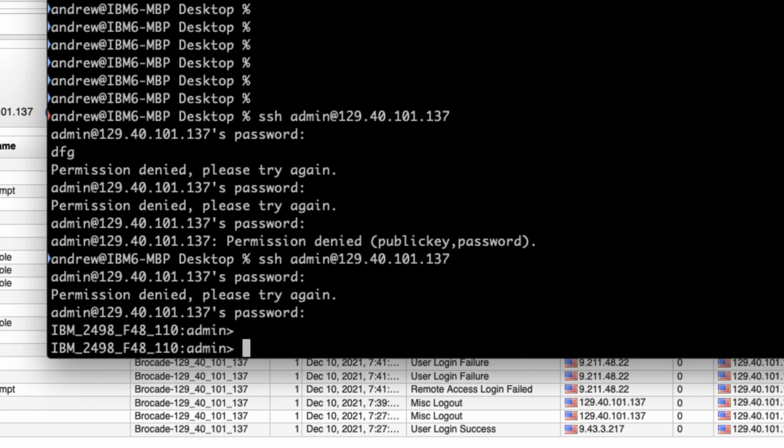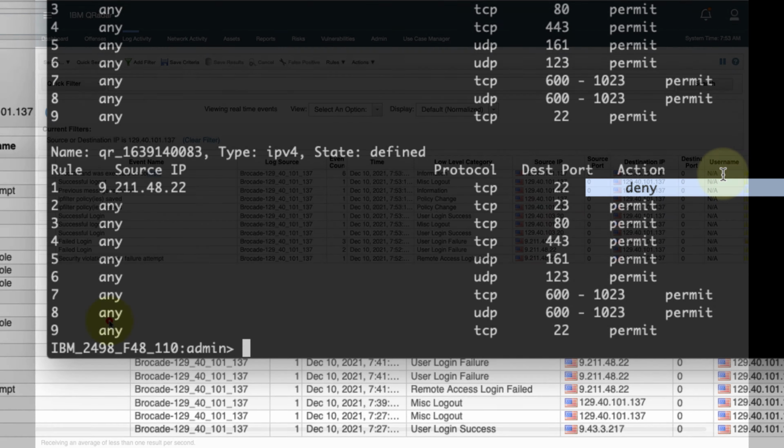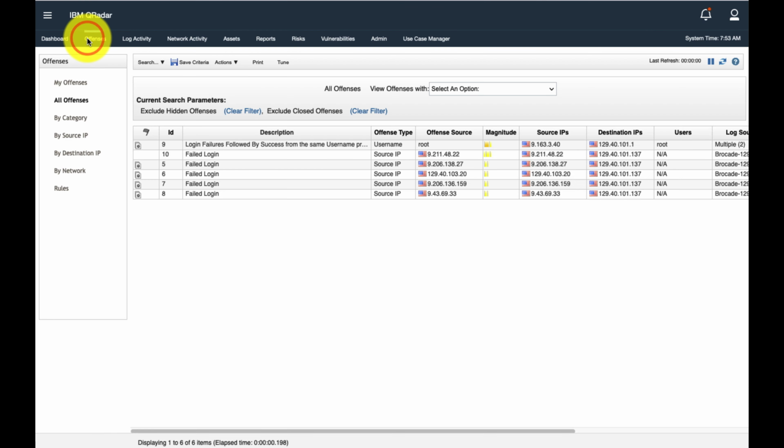Now, let's look a little bit deeper into the switch as part of our demo to show off the policy that we just updated so you can see how surgical it was. I'm going to bring up that IP filter that we just updated and take a look. Notice the name, QR with the unique number, and my IP address. That's right, the 9.211. I'll show you that in just a second on my client side to prove that it's exactly me. But there it is, the deny. So surgically speaking, I've updated this switch now to block that particular VPN, and I'll bring that up in a little bit.